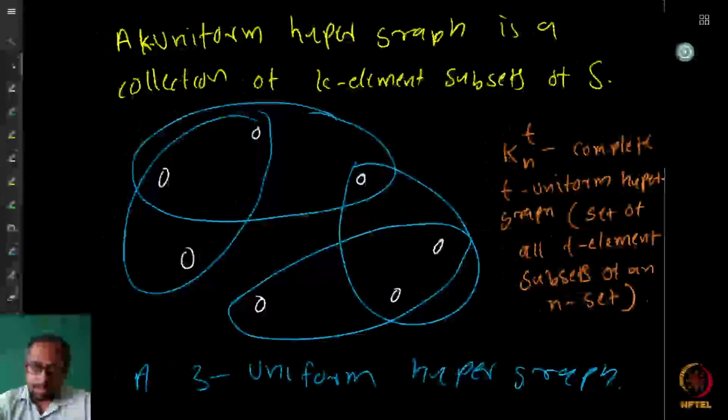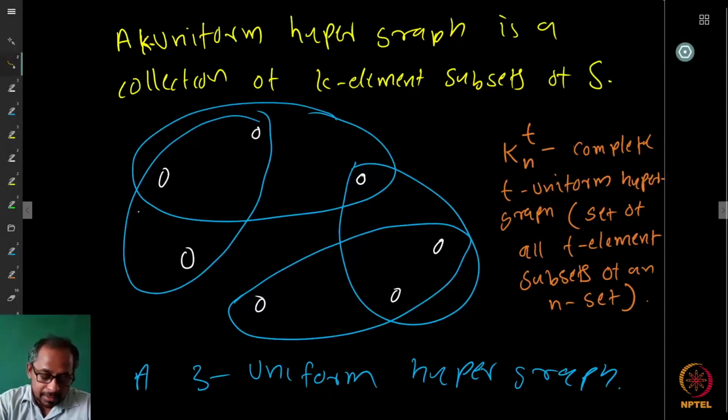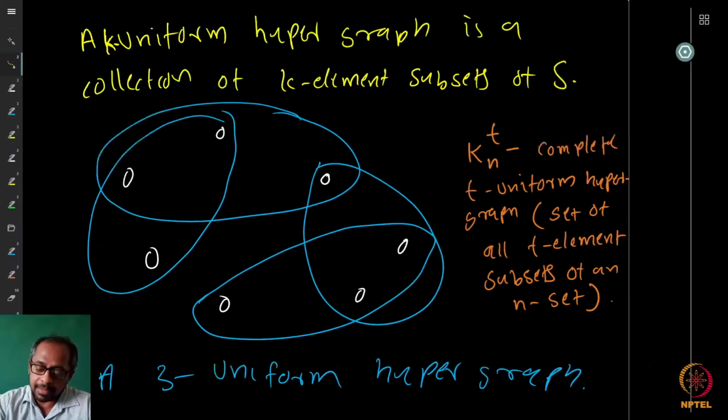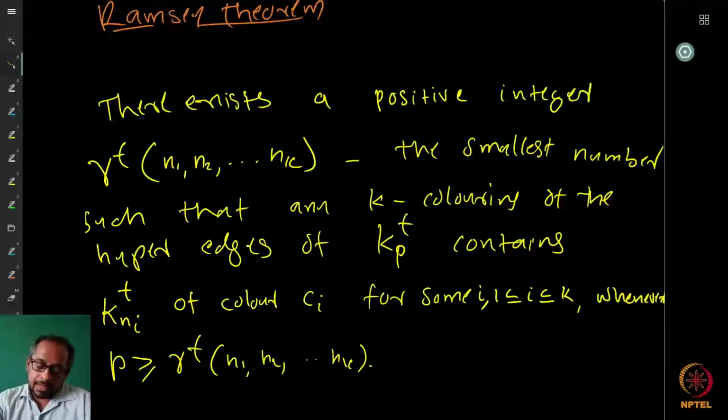So now instead of coloring the edges, we are coloring the hyperedges. This thing I will color red, this will be blue, this again red, maybe this also red, something like that. So any k-coloring of the hyperedges of K_p^t contains,